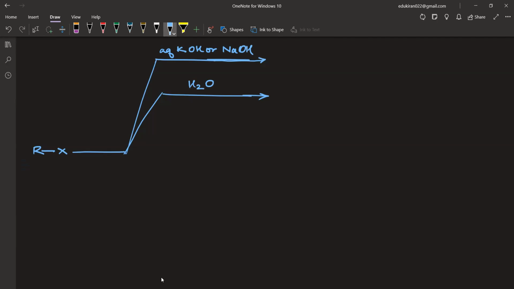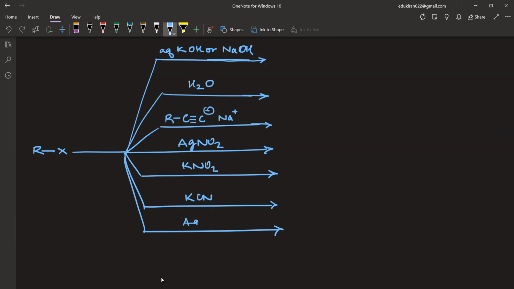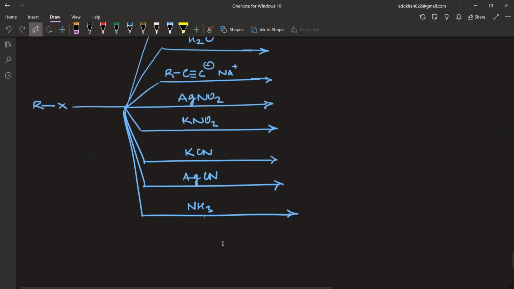React with H2O, can react with R C triple bond C negative, Na positive, AgNO2 का तो आपको पता है क्या होगा, है ना? फर्दर और आप क्या लिख सकते हो? और यहाँ पे you can write KNO2, KCN, AgCN, you can also write NH3। और क्या लिख सकते हैं इसमें आप? Write the reagents।